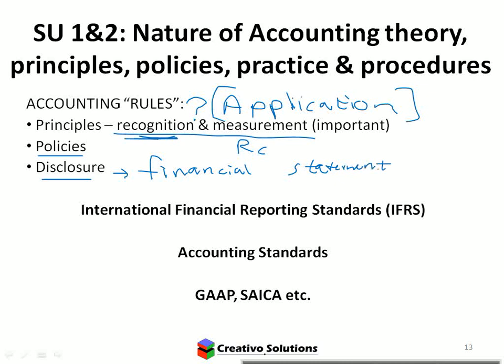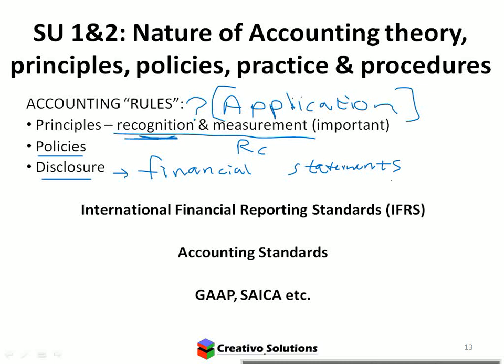I have seen that they've changed your module slightly. Your module is actually a bit shorter than what it was before. The FAC1503 module was a lot longer. You had 16 study units in total. Here they've broken it down and grouped things together. So it looks a little bit less, but all the basics still stay the same.